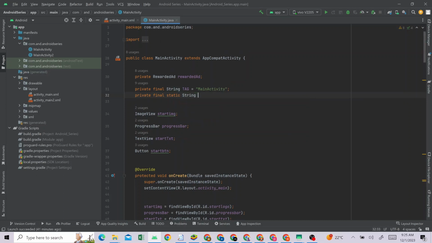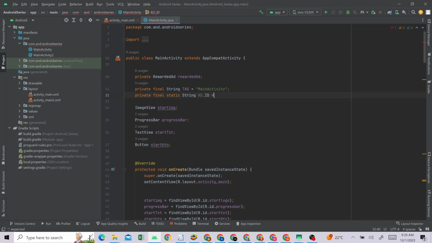Give it a name, maybe reward. Let me put add ID is equal to,